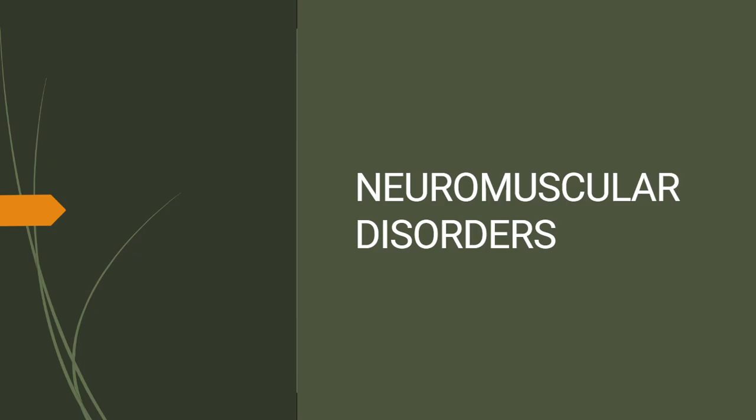In this presentation, we will review several of the most common neuromuscular disorders encountered in nursing practice, such as multiple sclerosis, myasthenia gravis, amyotrophic lateral sclerosis, and Guillain-Barré syndrome. Each of these conditions has a very different cause and pattern of progression, but all can result in varying levels of disability and require careful nursing assessment, early recognition of complications, and supportive management. By understanding the characteristics of these disorders, nurses can better anticipate patient needs, recognize early signs of respiratory decline, and participate in patient education and long-term care planning.